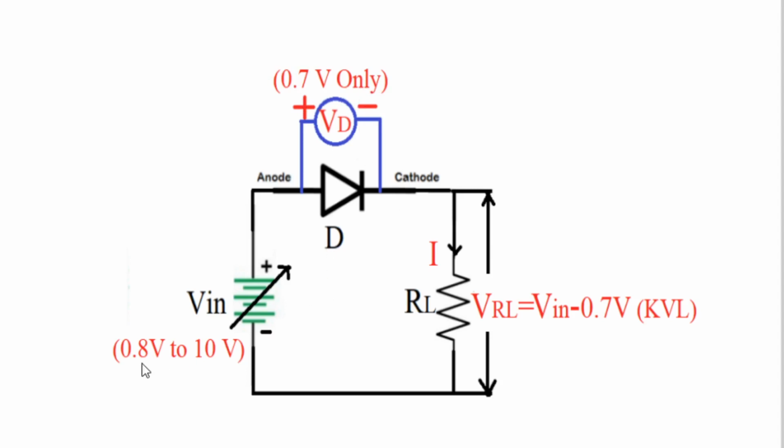And now suppose this voltage is 1 volt, then the PN junction diode is conducting. Applied voltage V in is suppose 1 volt, then the PN junction diode is conducting, and the voltage above 0.7 volt in case of 1 volt is 0.3 volt only.